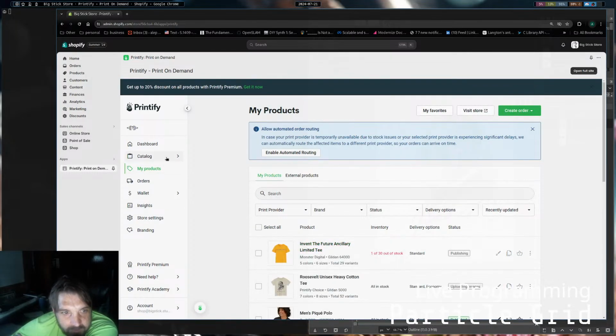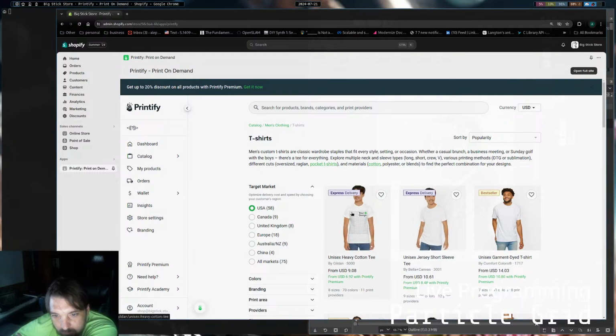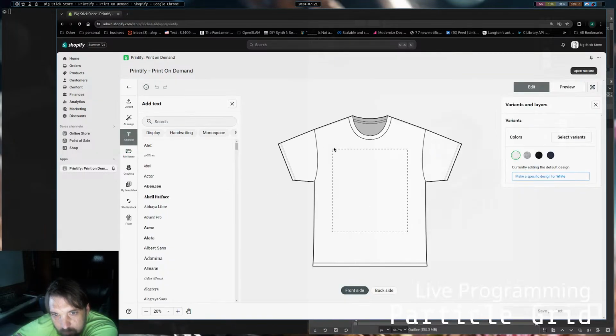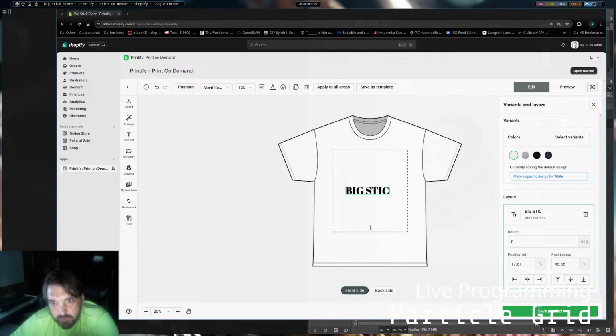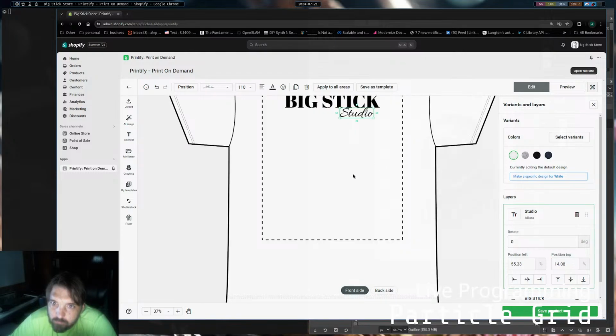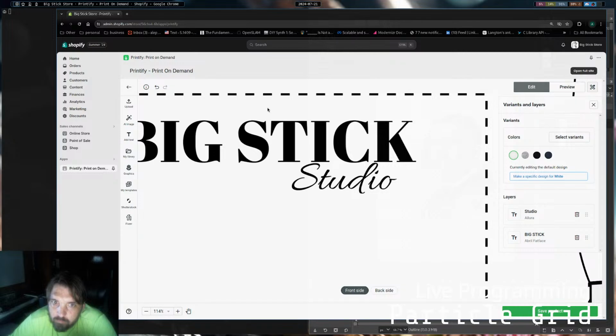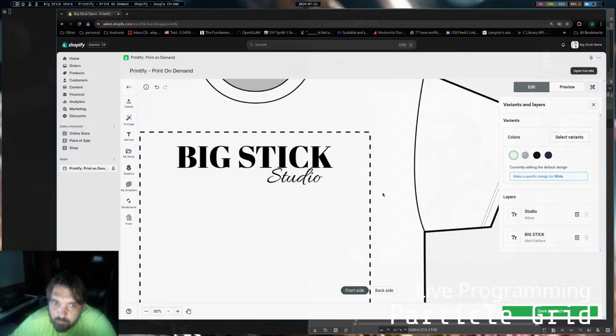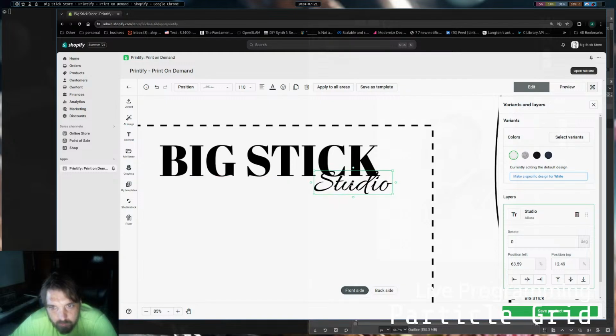Still did not make the dang shirt design I wanted to make though. I wanted to make just a simple shirt design that just says big stick. That's it. That's all I wanted to say. Maybe we put one more under it. Maybe we do studio. There we go. Now, if we could,